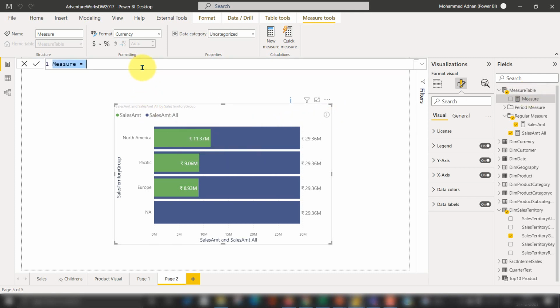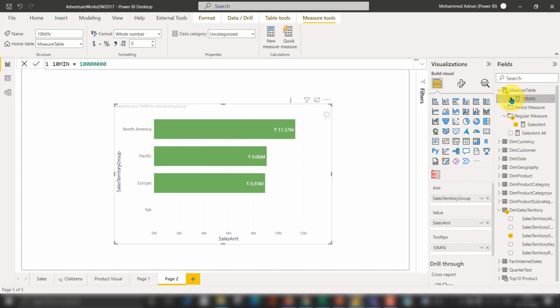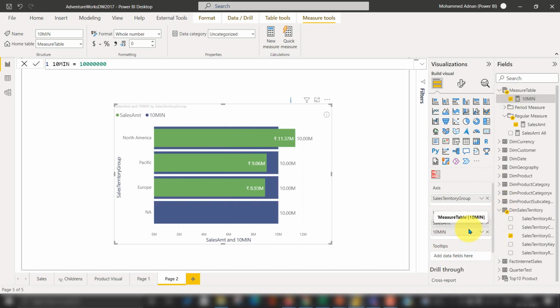So if I just want to set this here as 10 million, okay, and here instead of this sales amount all, I add this one, going back here, selecting this, yeah, remove the sales amount all and adding this one. So it has to be here.